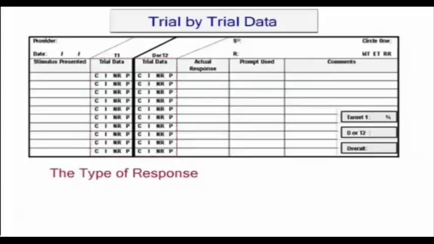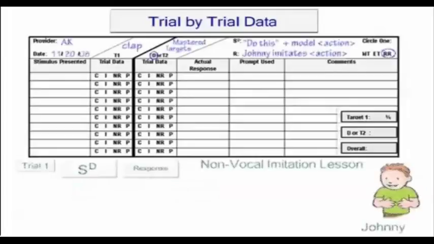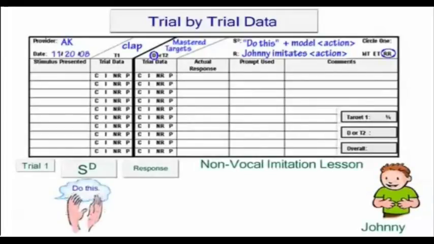When a child responds with the expected response for a given SD, the response is considered correct and the C is circled. For example, on the first trial, Alice presented the SD, "Do this," and clapped her hands. In response, Johnny clapped his hands. Since clap is the first target and Johnny's response was correct, Alice circled C for correct response in the column